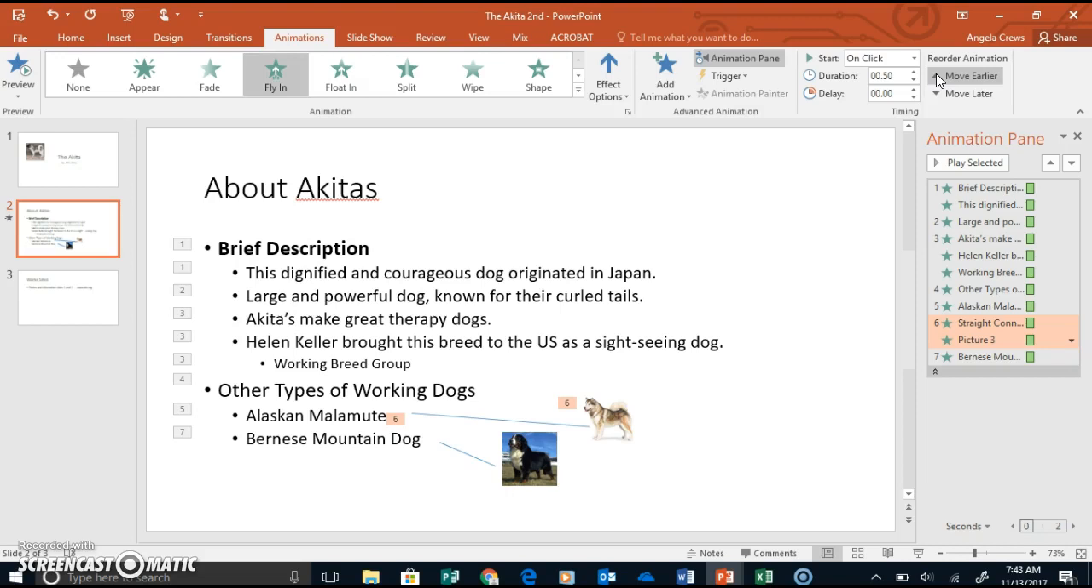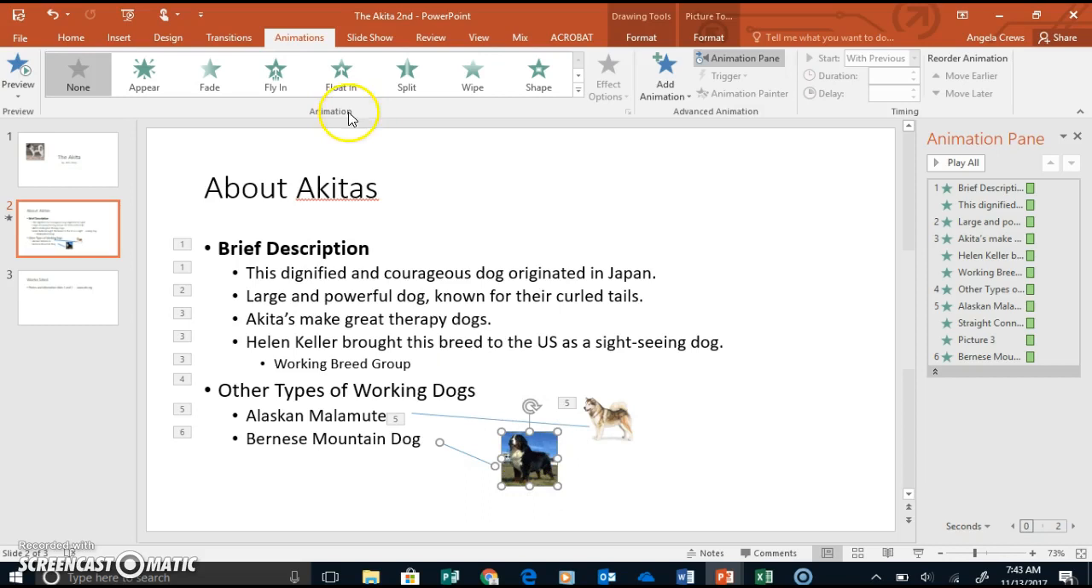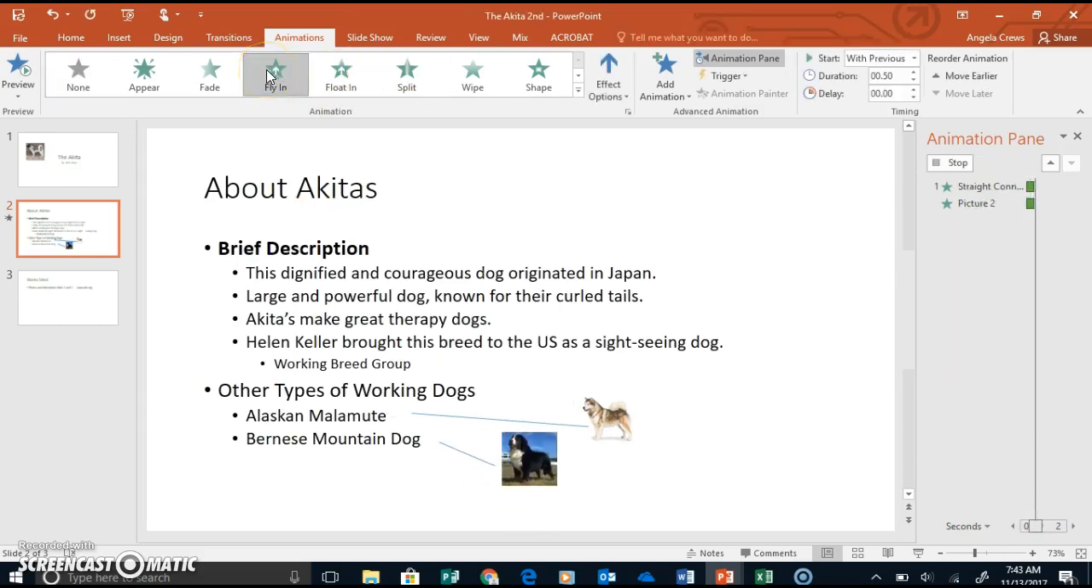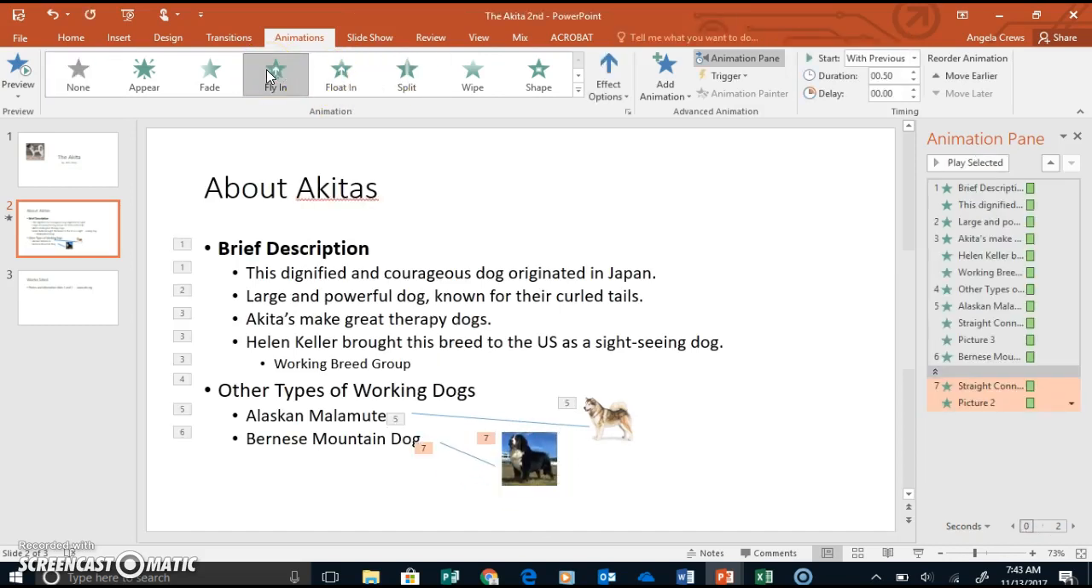So now this says 5 and this says 6. That's what I want. I'm going to click on the line, and I know that the line's the one that's on click because it says straight connector 6. I'm going to go up here where it says start and say with previous. Now those 3 will come in at the same time. Okay. Now we're going to do the second dog. So click on the line, click on the picture, say fly in. The only thing we don't have to do this time is reorder it because they're already coming in after that one. And then I just click on straight connector